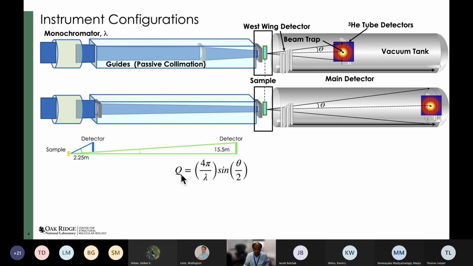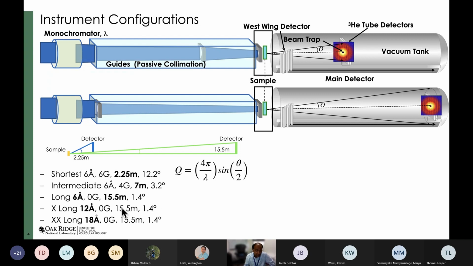The next knob, once you have maximized your reduction in theta, is your wavelength, because Q is a function of wavelength and theta. And you start to increase your lambda, that way you decrease your theta. So we offer mostly these 5 configurations. We do